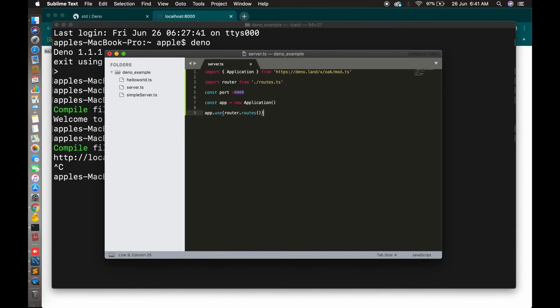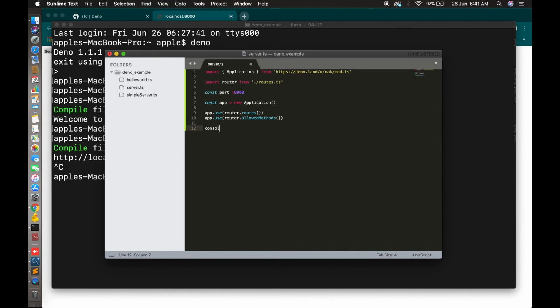Then we will use app.use(router.allowedMethods()). You can restrict all the methods, but there is no restriction here, I'm just showing you the demo, so that's why I'm not restricting any methods. Router.allowedMethods means it will allow all the methods. Otherwise, you can put the methods here which you want to restrict. Yes, so now this is done.